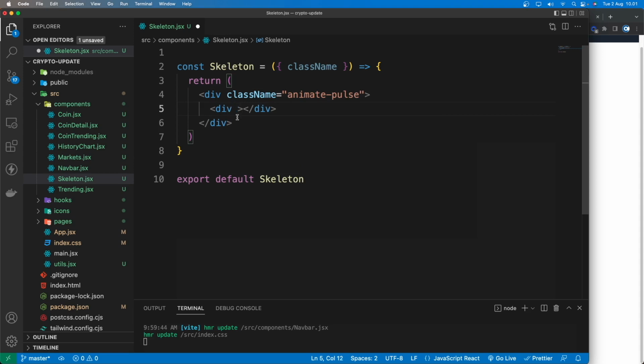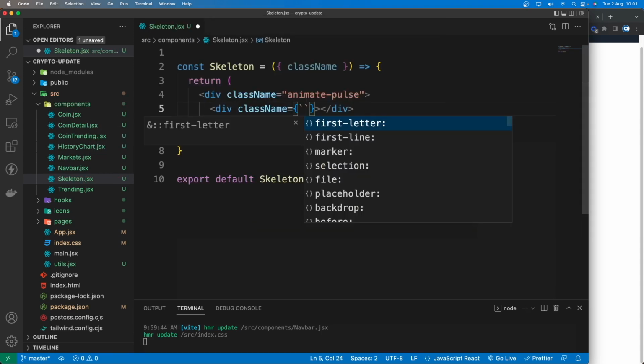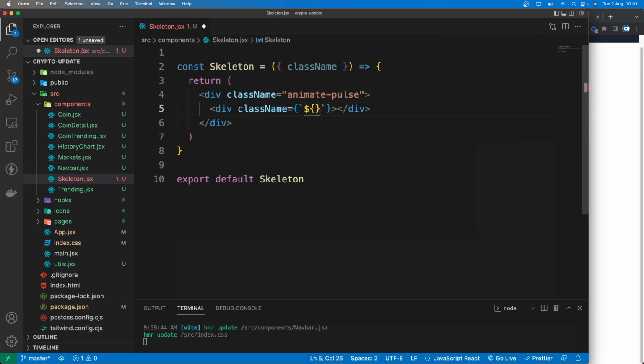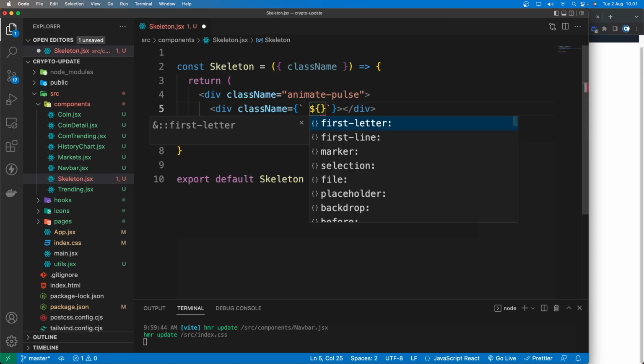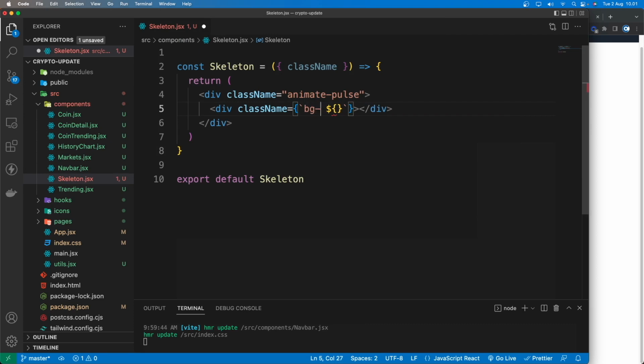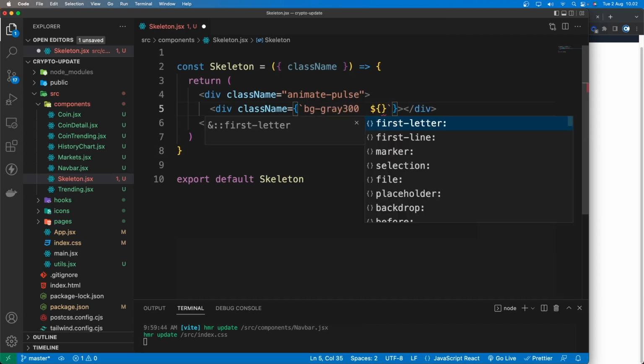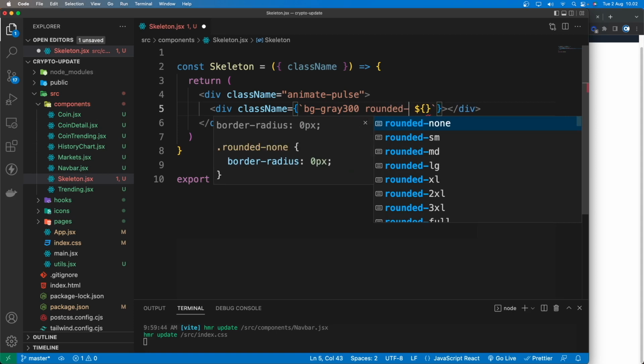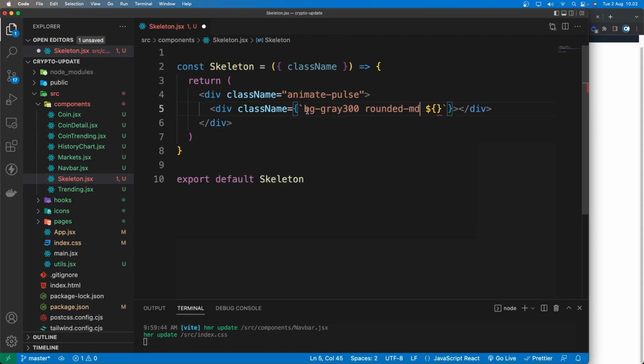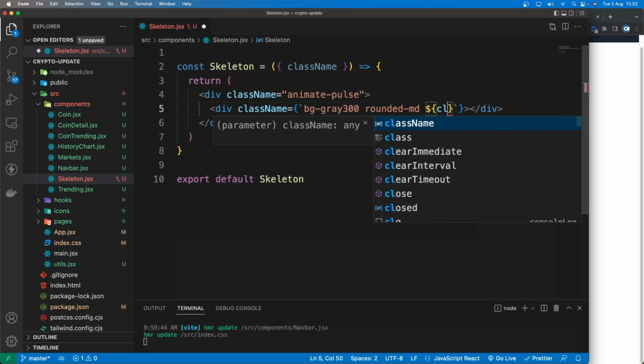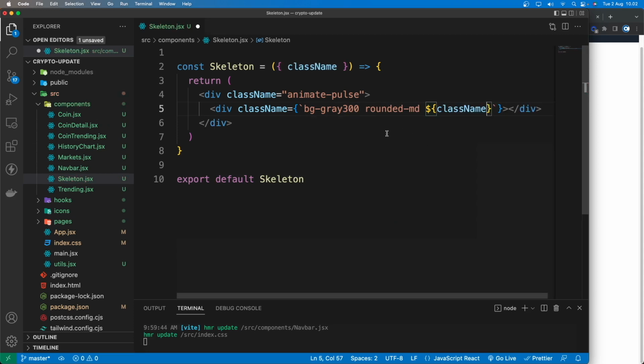Let's put the className, and in here I'm going to use a backtick. Inside here I'm going to put the background to gray, let's say 300, and also rounded, I'm going to say medium, and also here I want to put the className. So we can add any className we want in this skeleton. Now let's go to the